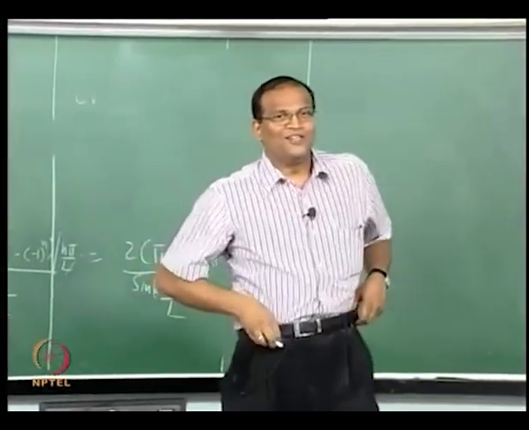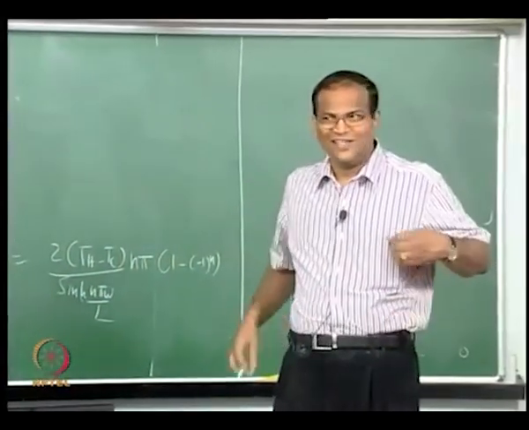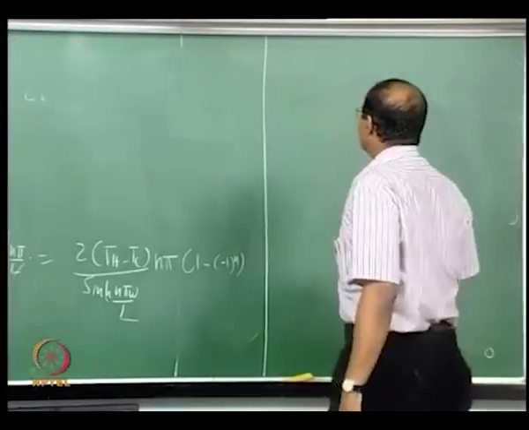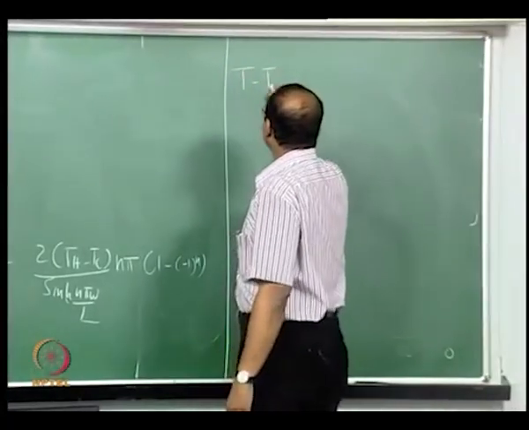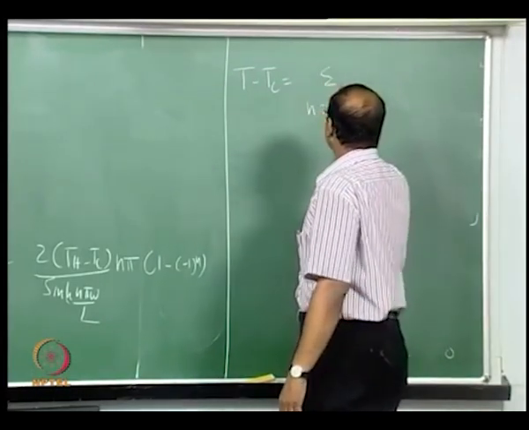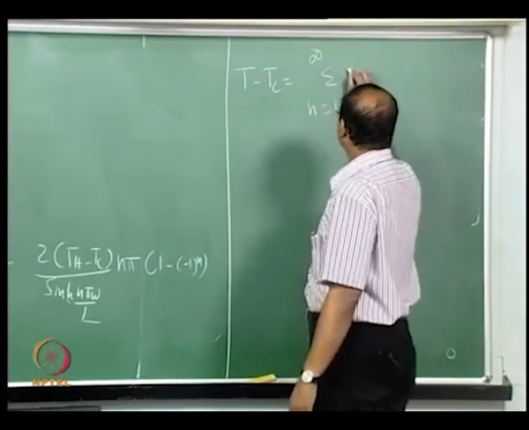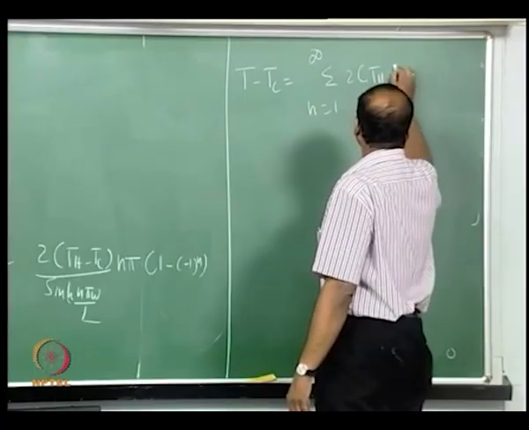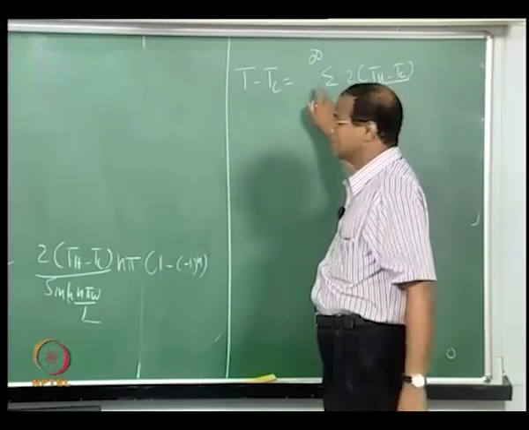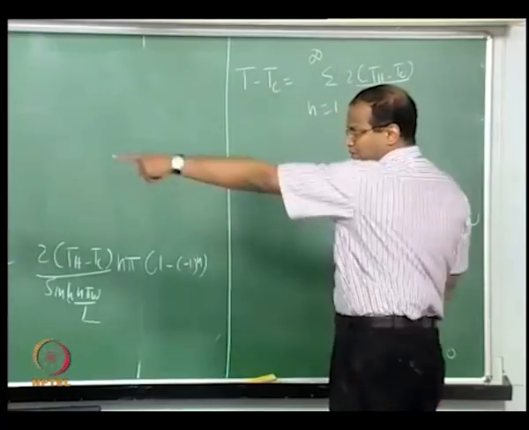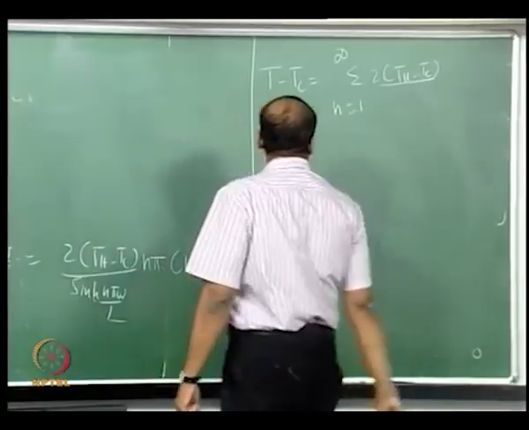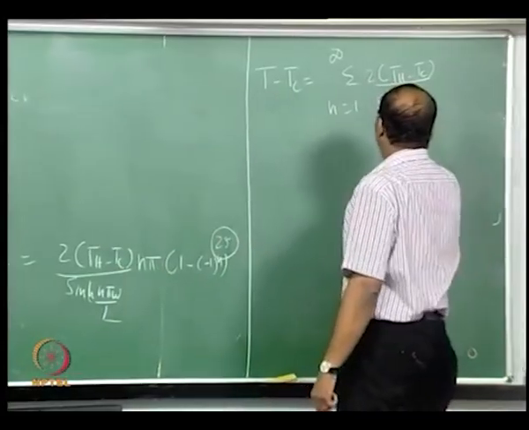Okay, all this story is to get E of n. Now substitute your E of n into the original solution, and then therefore T minus Tc is equal to... I am substituting into that solution 18. Okay, this is 25 into